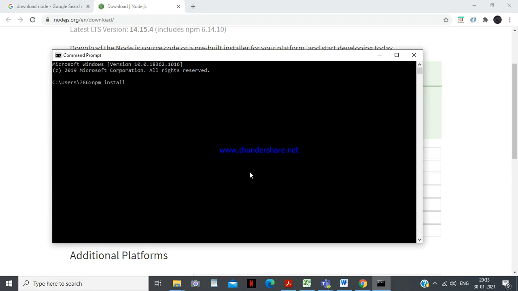You can write install, or simply i, @angular/cli@latest. This command will install the latest Angular CLI on your system.